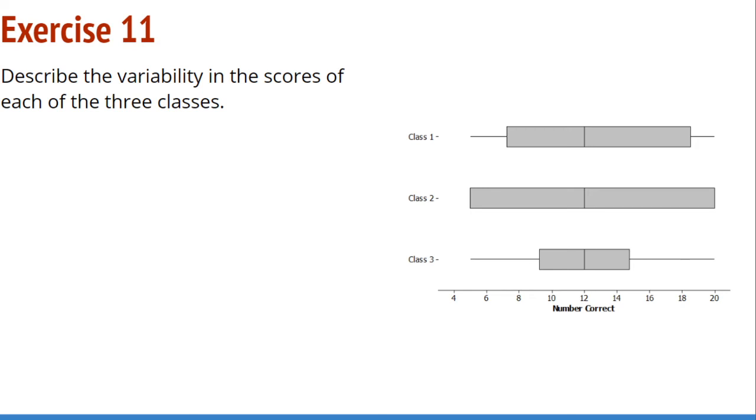So describe the variability in the scores of each of the classes. What do we see with each of the classes in terms of variability? Now, before we go any farther, I want to point out something about Class 2. Some of you are probably thinking that we're missing